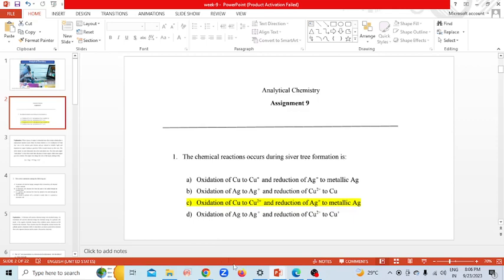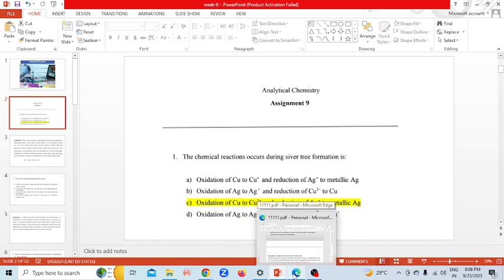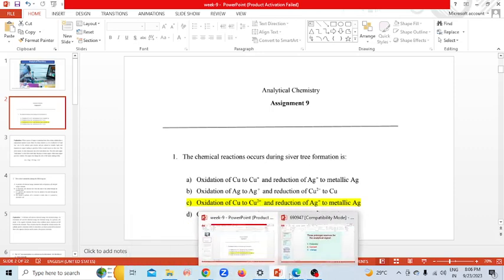If you do not have doubt, then we will discuss some concepts about the electrochemical cell and the Nernst equation. Because we have more time, let me just